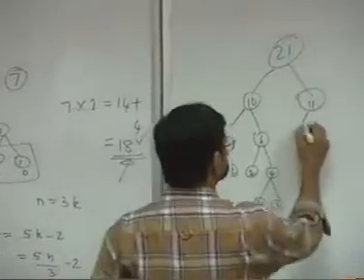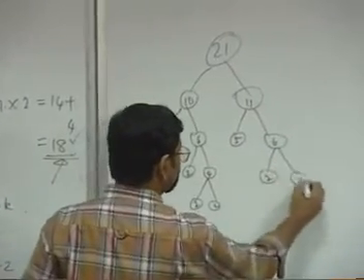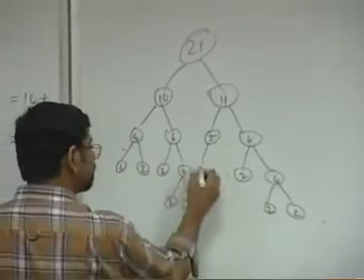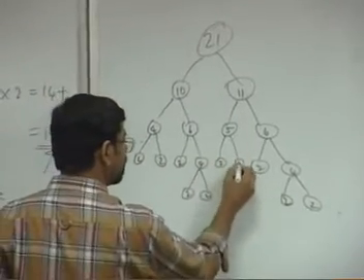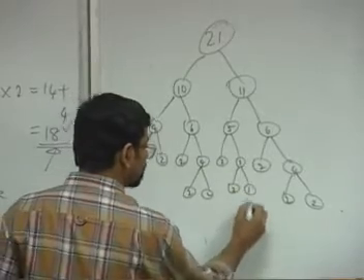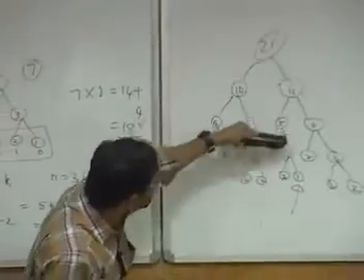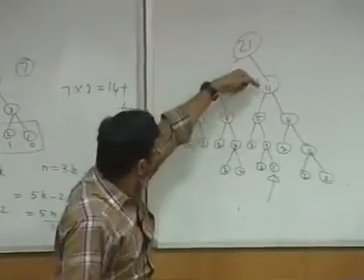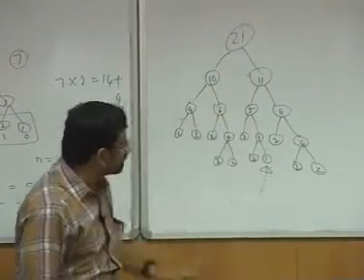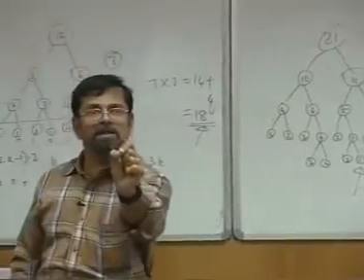This 11 has to be split as 5 and 6. This 6 will be split as 2 and 4. That is all right. This 4 will be split as 2 and 2. This 5 will be split as 2 and 3. This 3 will be split as 2 and 1. So there is only 1. So you can see that if you look into the locus of this odd number, this 21 has given 11, 11 has given 5, 5 has given 3, 3 has given 1, and this is the only place where that odd number is present.